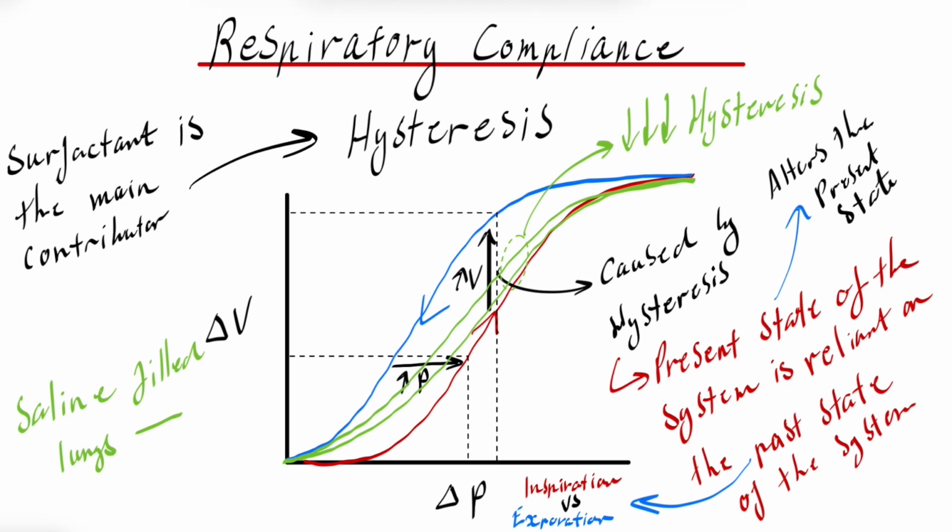Inflation requires opening previously collapsed alveoli, which also affects this. A question that sometimes gets asked is, are your lungs or your respiratory system more compliant on inspiration or expiration? You can figure this out based on the graph, as you have a higher volume to pressure on expiration compared to inspiration, which means that the respiratory system is more compliant on expiration than